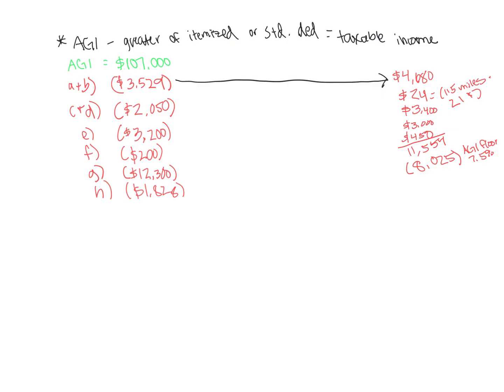Then finally, Shauna may deduct $28 for her charitable mileage. So in there it mentions that Shauna also drove 200 miles doing church-related errands. So to calculate that $28, that would be 200 miles times 14 cents per mile. So then if we were to add all of those together,